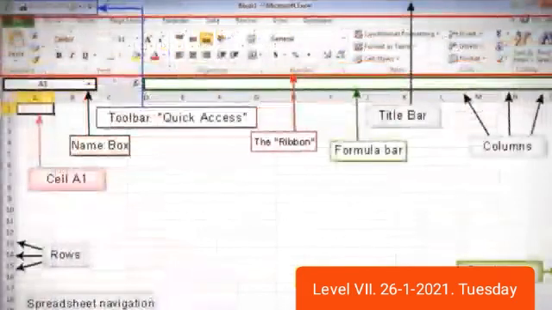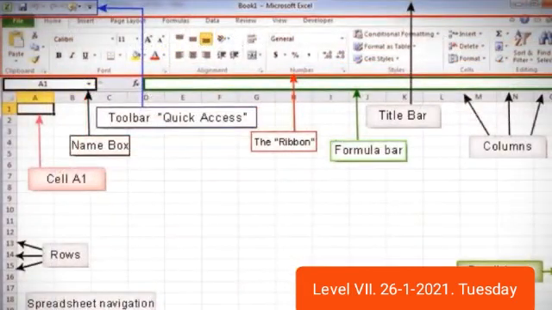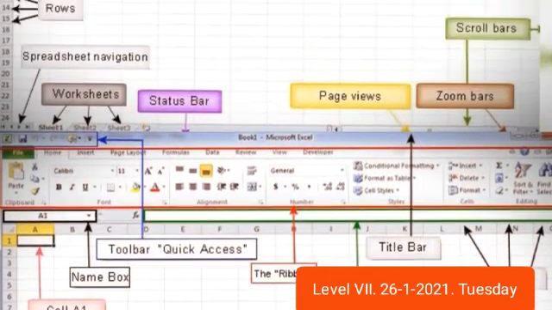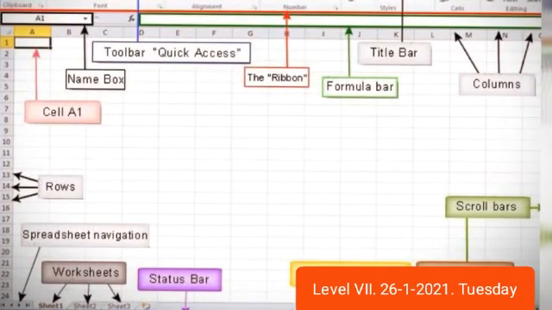I also told you about different bars, ribbon, tabs, formula bar, name box, and sheet tabs. By default we have 3 sheet tabs at a time. Okay, zoom bar, that is also very important to zoom our spreadsheet to look more clear.